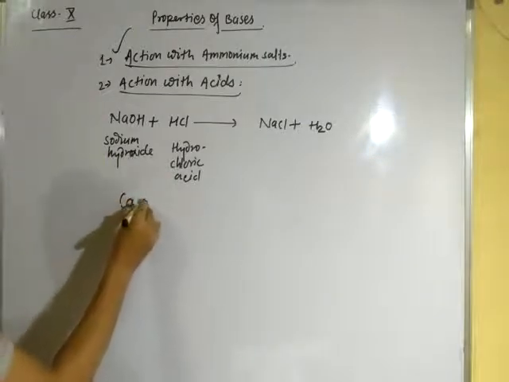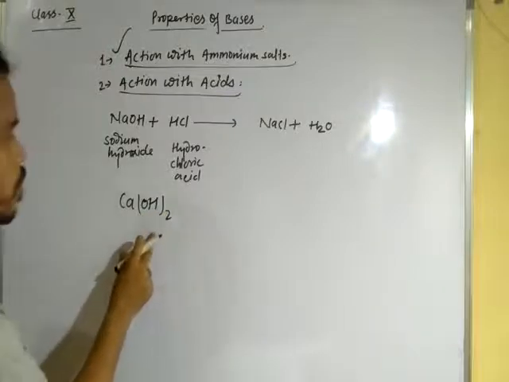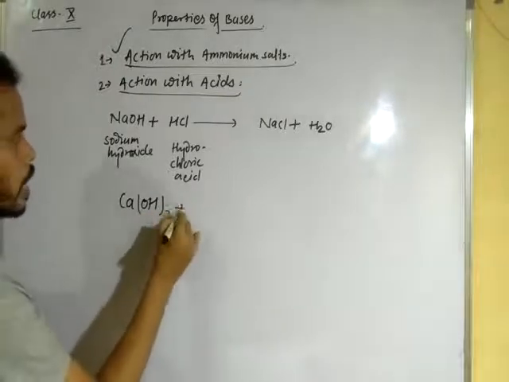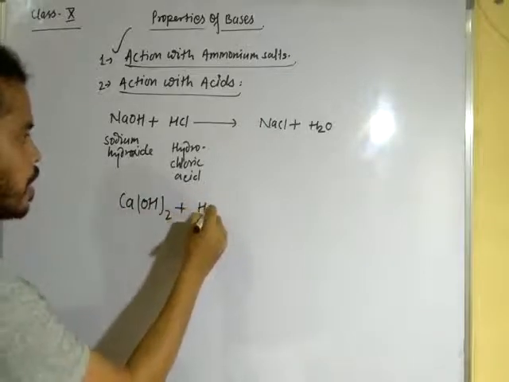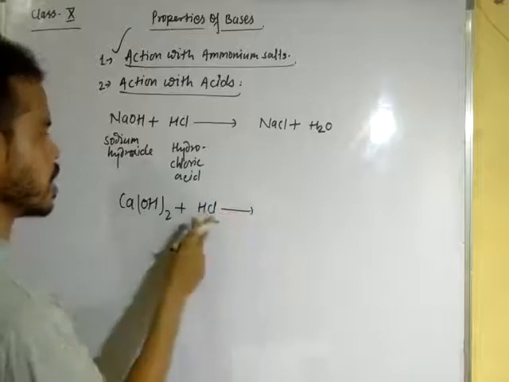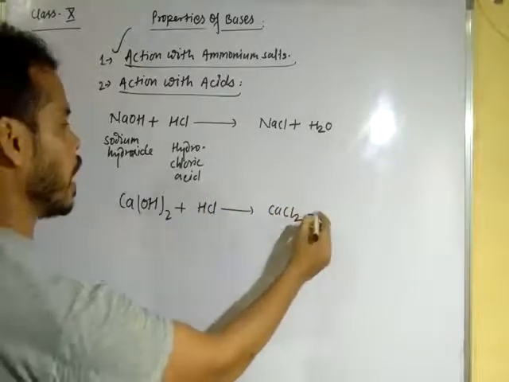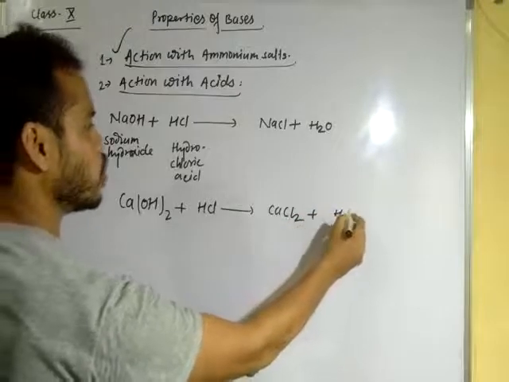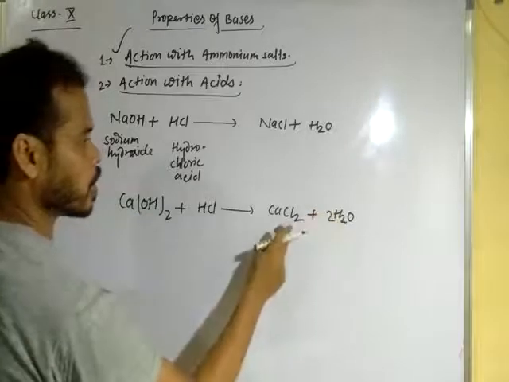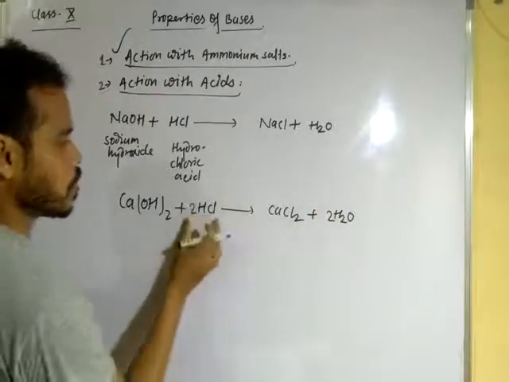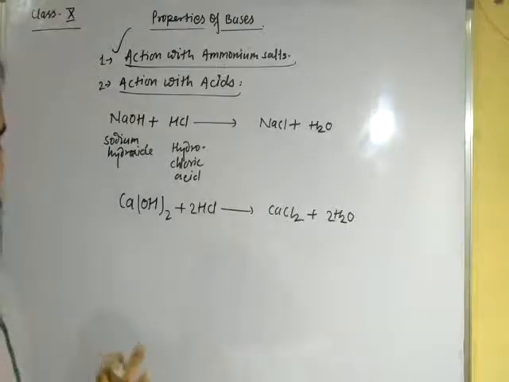Second one is, suppose we have calcium hydroxide, also a base. When treated with HCl or H2SO4, here HCl, it forms calcium chloride, the formula of calcium chloride is CaCl2, and forms H2O as the byproduct. Here 2 oxygen, so multiply with 2, and here 2 chlorine, so multiply with 2 on this side. Okay, I think this reaction is balanced.